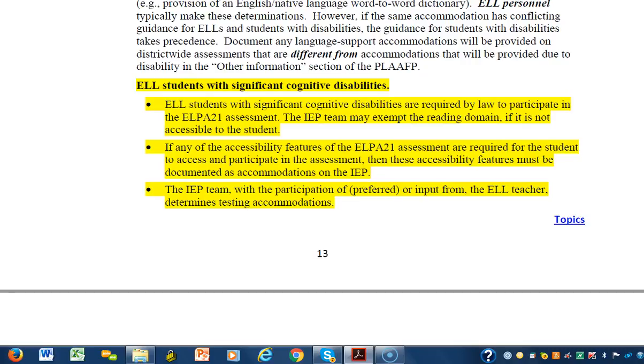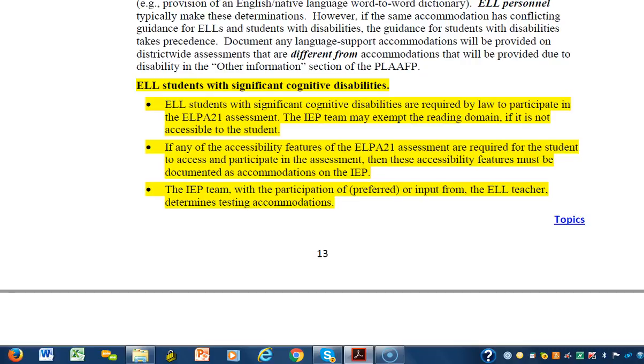If any of the accessibility features of the ALPA 21 assessment are required for the student to access and participate in the assessment, then these accessibility features must be documented as accommodations. So again, this is focusing on the fact that if we have an ELL student that also is intellectually disabled, and we're using accessibility features, we need to document that in the IEP.